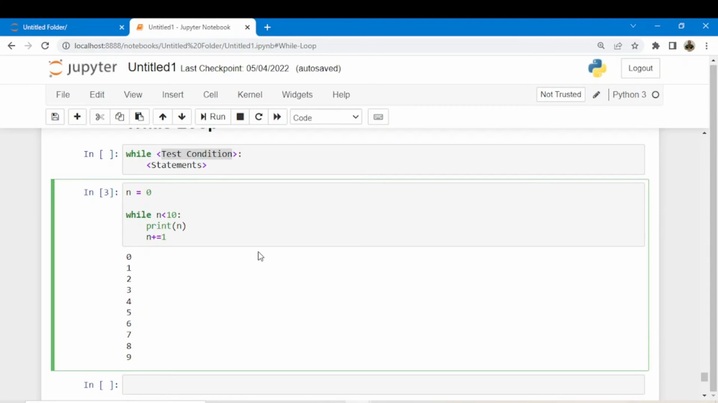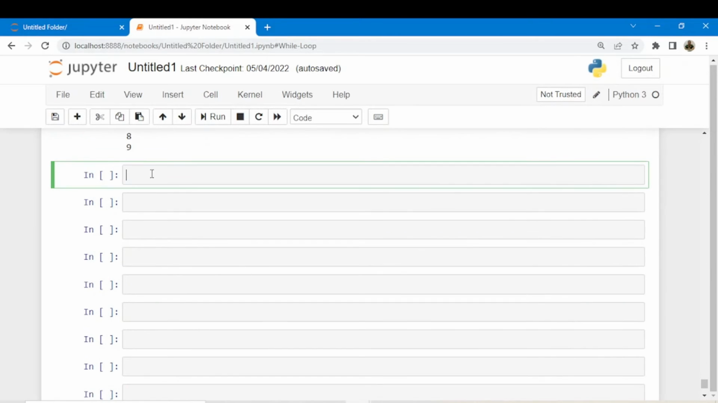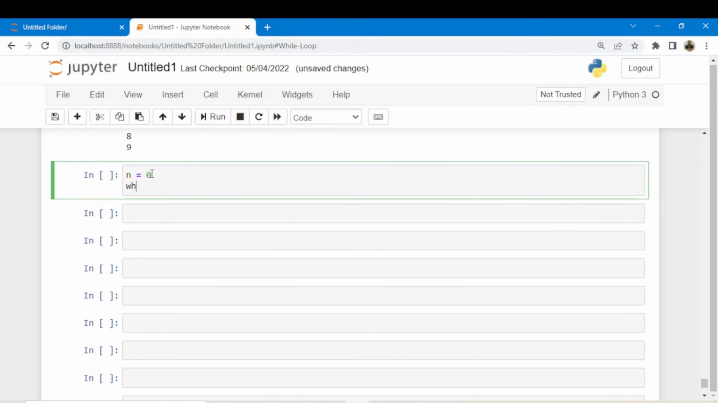Now there might be a situation where the test condition never evaluates to be false. In this case, the loop will run forever, that is, we will get an infinite loop. So now again, if we take an example, I define the variable n equals to 0 and I'll write while, instead of the condition I'll write True, that is, the test condition will always be true in this case. So the loop will execute forever